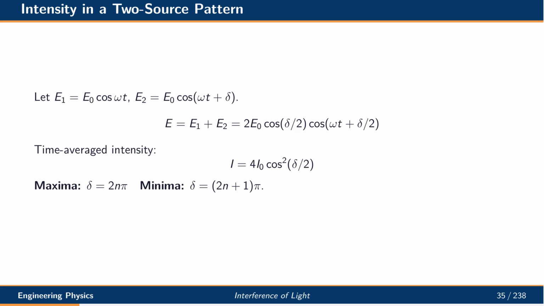Minima occur when the phase difference is an odd multiple of pi, giving 0 intensity. This intensity formula is the foundation of